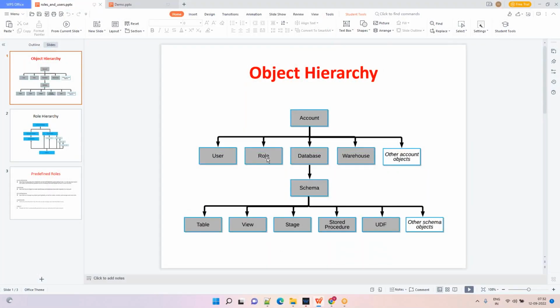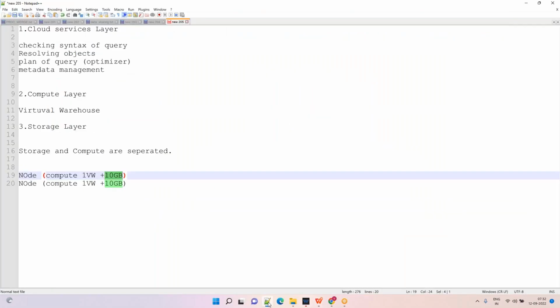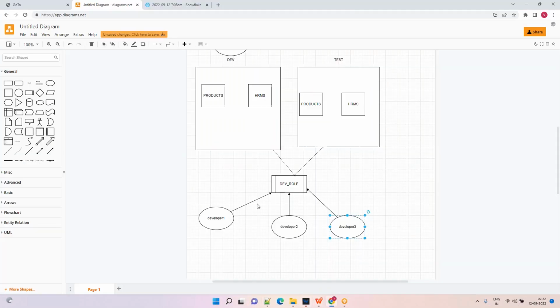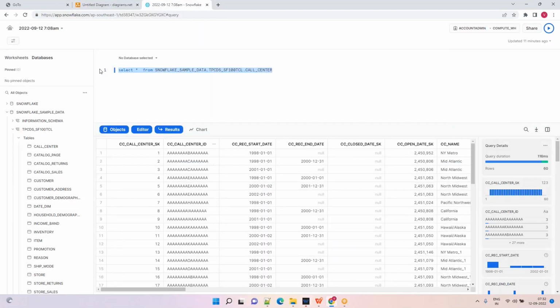User and role here, and we are going to discuss multiple things about role. And what is the warehouse here? A warehouse is the computing power given by Snowflake. So you can create a warehouse on your own. First, let us create a user and role. I'll show you how to create a user and role, and then I'll go to warehouse. Practically, if you want to create a user and role, you can simply say